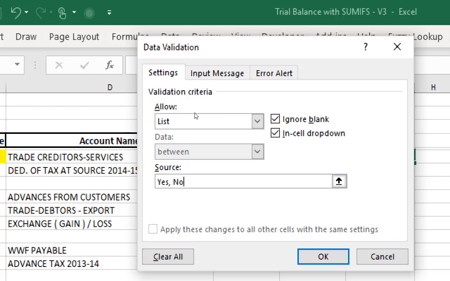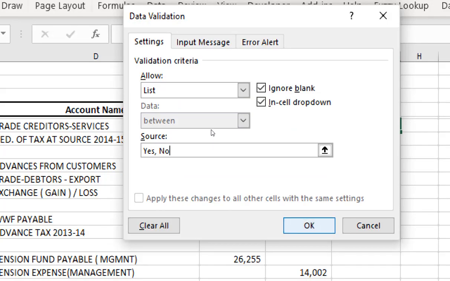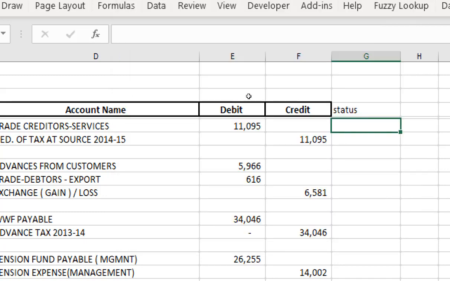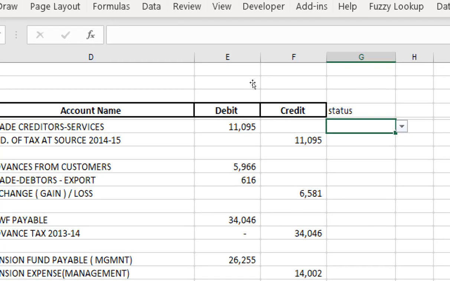So we are giving 2 options. If it is yes, the entry will be parked, and if in the drop down menu it is no, the entry will be excluded from the SUMIF function. So in the data validation you selected list, in the source you have written yes and no, and press OK. Now your data validation has been created.